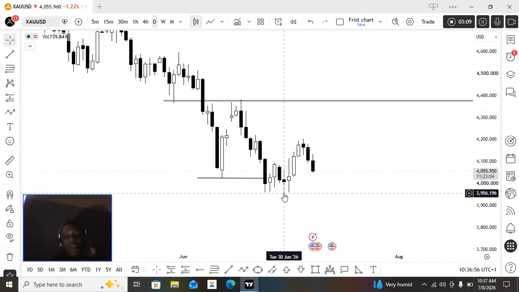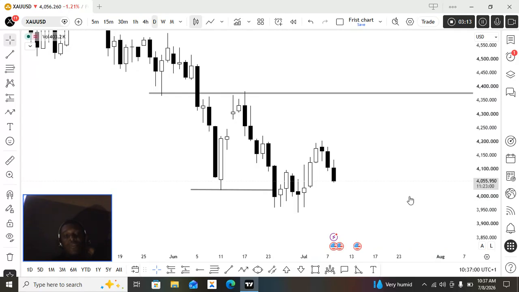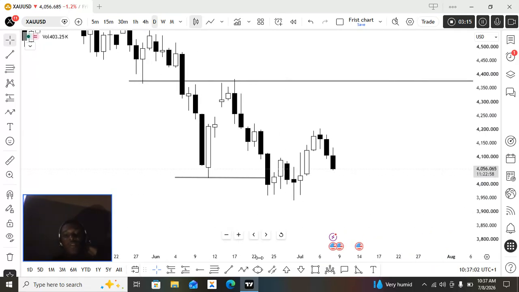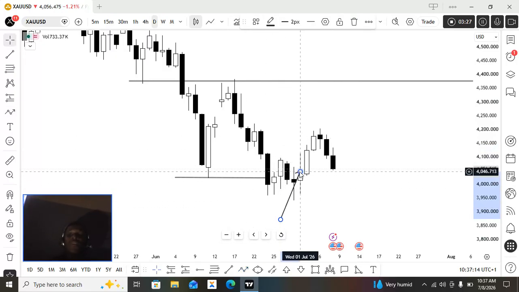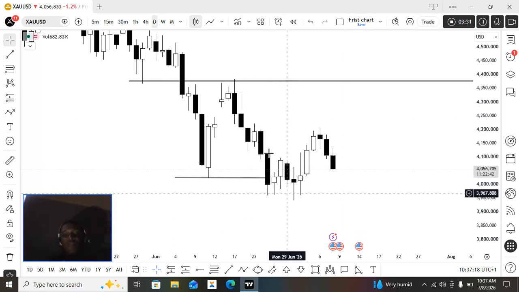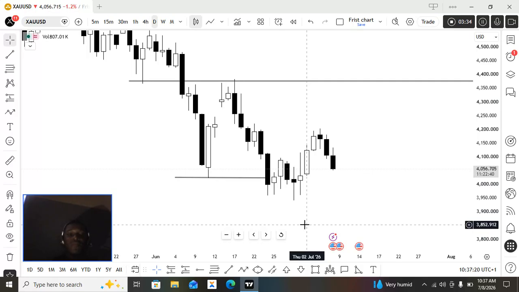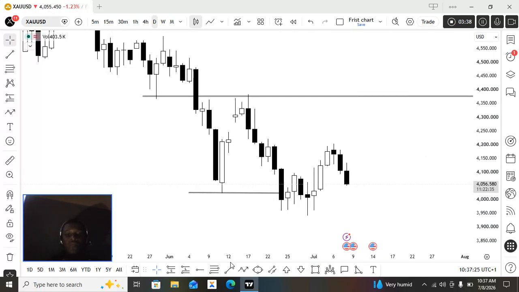But there's something you have to notice here, something that through experience you get to know if you are trading. You know that this low right here, when the market broke it, it did not create a strong impulsive move to the downside for a continuation. It just broke it and retraced back immediately. That is how the market does. Anytime you break a low and the market fails to create a good impulsive move to the downside, it retraces back. So now you have to think,